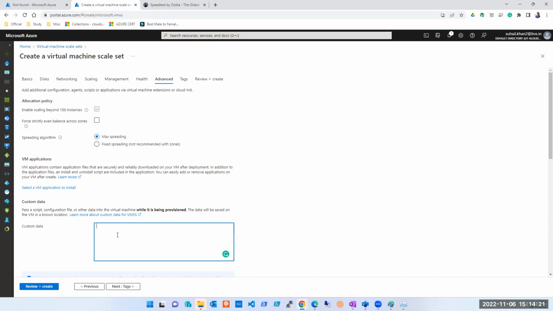This machine should have this IP address. This machine should take the web page from GitHub. Well, everything, whatever I have done manually, all those ports should be open. All these ports should be closed. Everything you can do using a PowerShell script, and that script can be pasted here. So this is another method, custom data, pass a script or a configuration file.